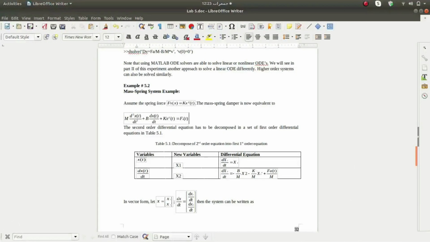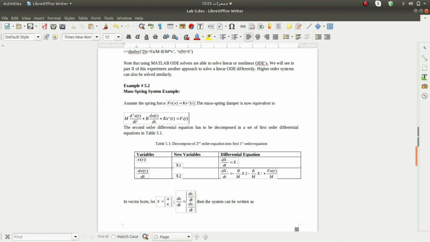Here we use the supposition method to derive the equation for dx of t. We assume x of t equals x1, which is our state variable, and x2 equals the first derivative of x of t. So in this way,